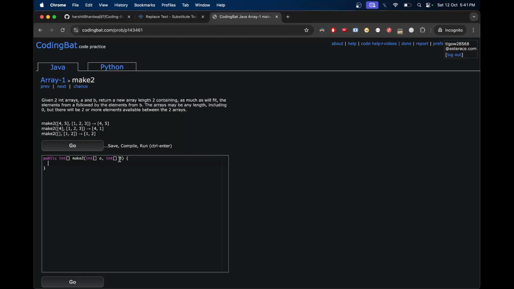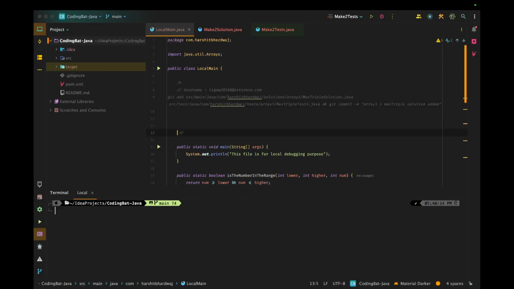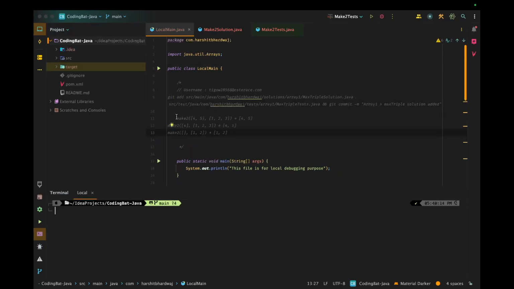Both of the arrays could be of any length, potentially 0 as well, meaning an empty array. But it has been mentioned that the sum of both of the lengths would be at least 2. Then only we will be able to fetch out the two elements from that array. So this portion is very much dependent upon the lengths of both of the arrays. Let's use the examples to discuss the cases.